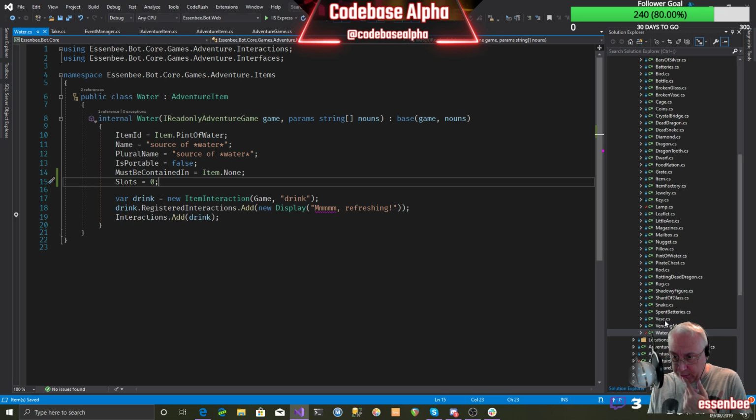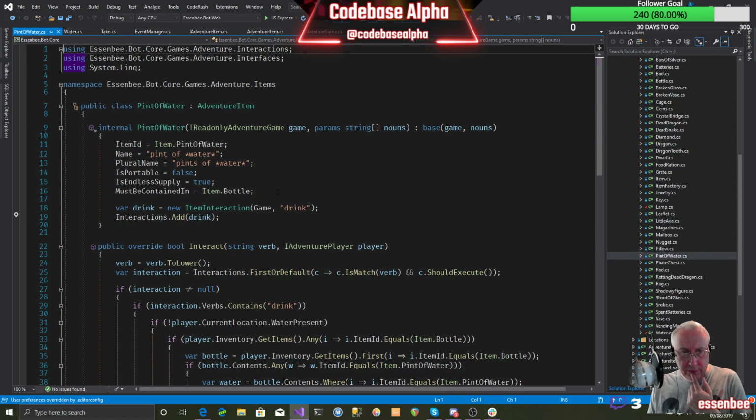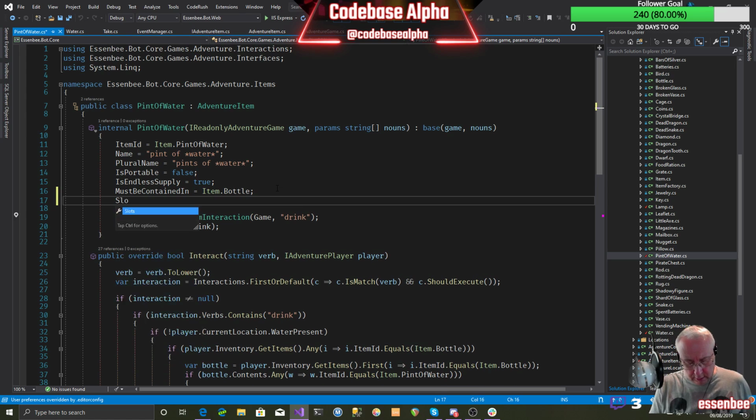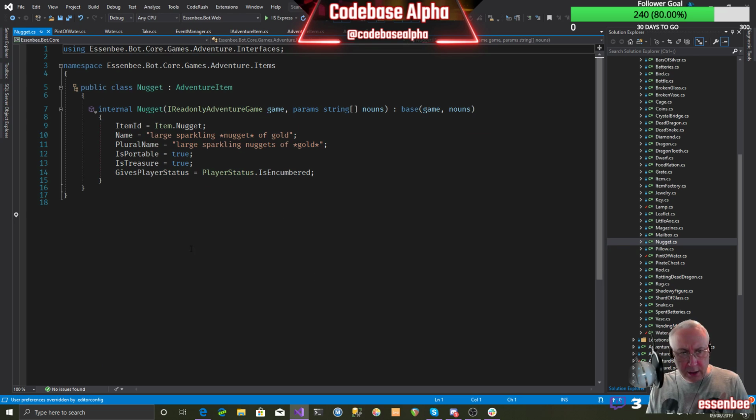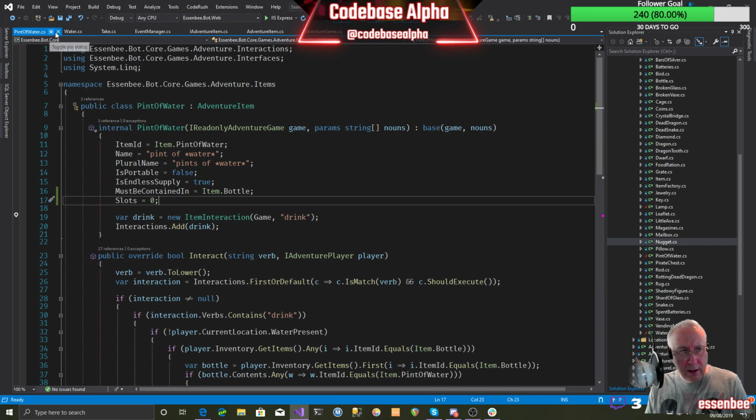So spent batteries, vase, rug, rotting dead rod, pirate chest, pint of water. Once again, slots equals 0 for the pint of water. It's got weight, but it's not taking up any kind of slots or space. We've got pillow and nugget. So the nugget itself actually is encumbering, so we don't really need to mess with that. That has its own